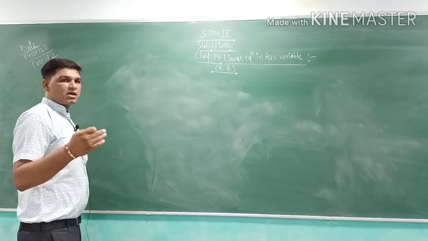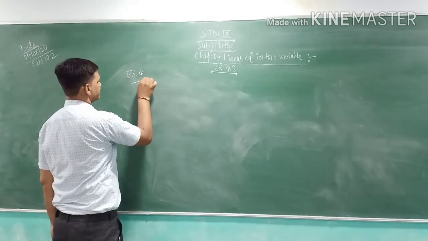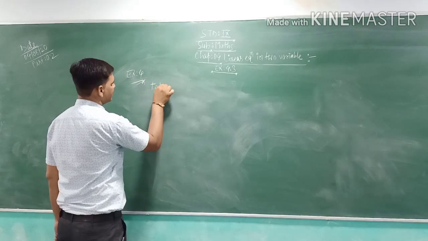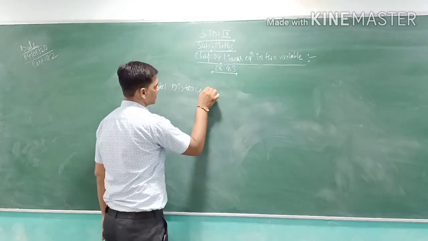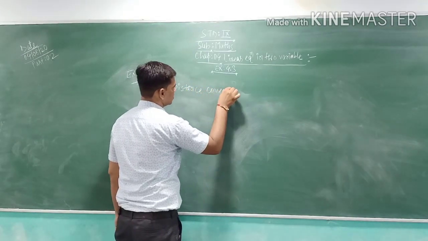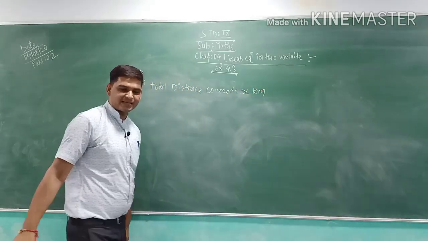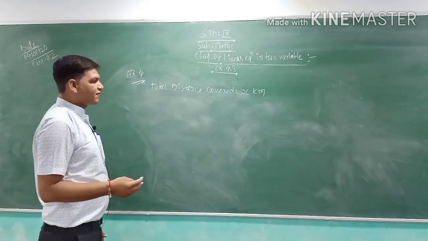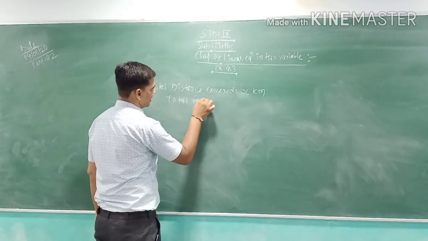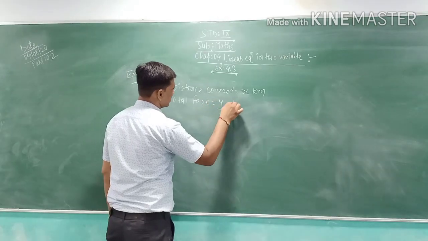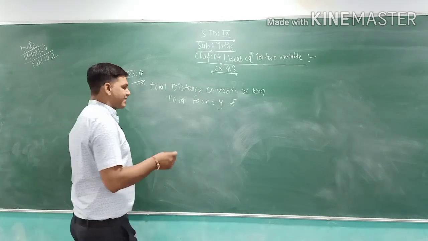So first of all, we have to find the total distance covered, which we suppose is x. Total distance covered is x kilometers. We don't know how many kilometers the taxi will move. And total fare is y rupees. We don't know that actually. So the fare for the first kilometer is 8 rupees. That is given.